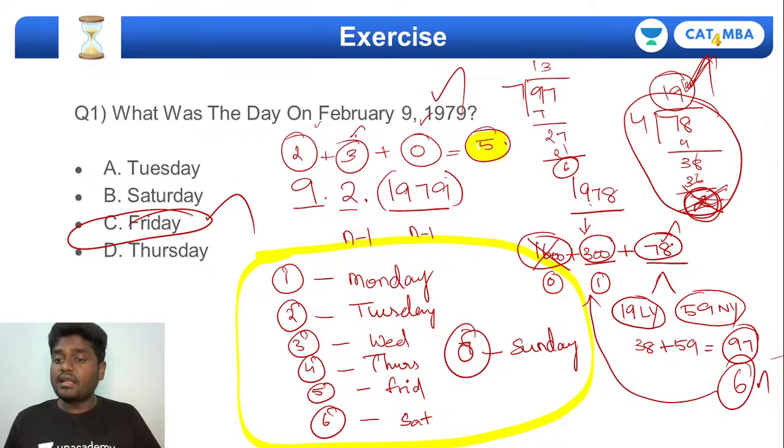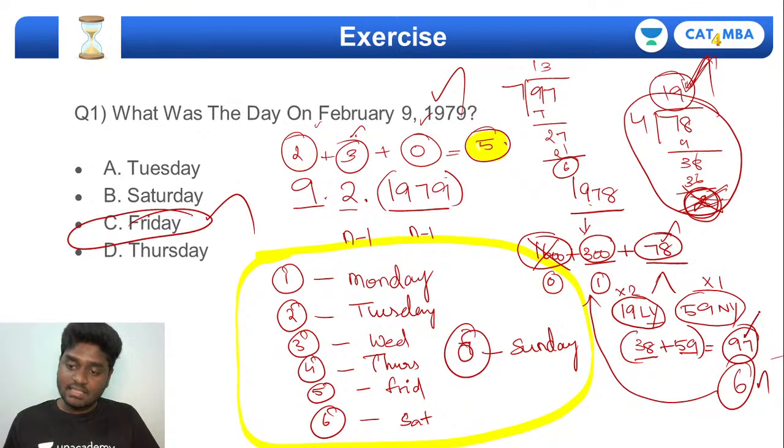And if I want to find the number of odd days, I know the fact that a leap year will have 2 odd days, and a normal year will have 1 odd day, right? So 19 into 2, I'll get 38. And the normal year has 1 odd day only, so 59 into 1, I'll get 59. That's it. Now if you add the odd days, 59 plus 38 will give you